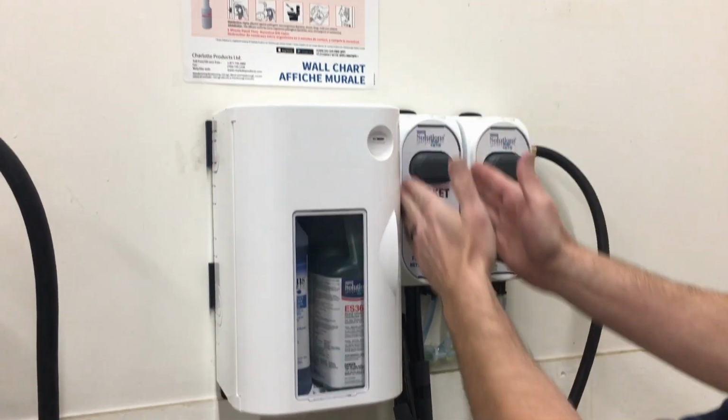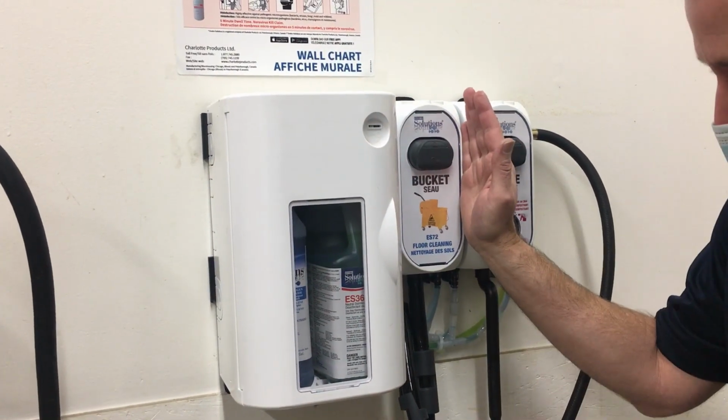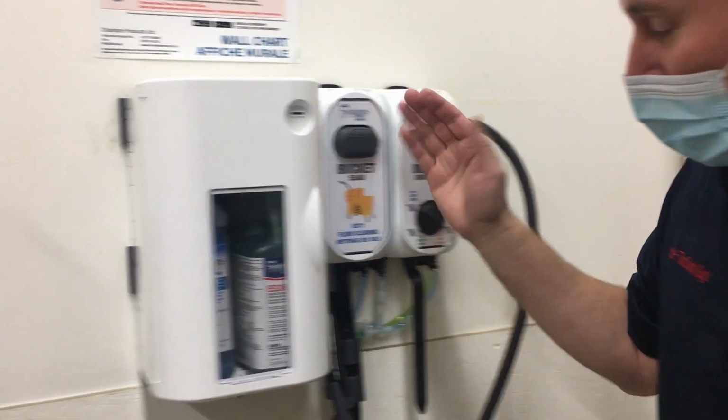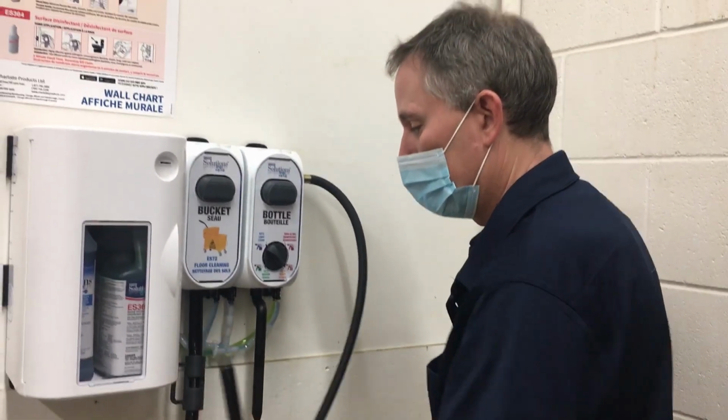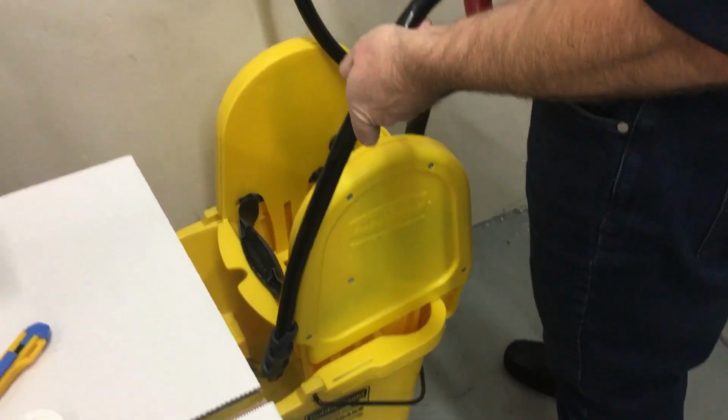So let's talk about this one first. As you can see, there's a big mop bucket here. Runs at 4 gallons a minute. We call that our high flow. So to make it work, simply take off your hose, put it in the mop bucket,